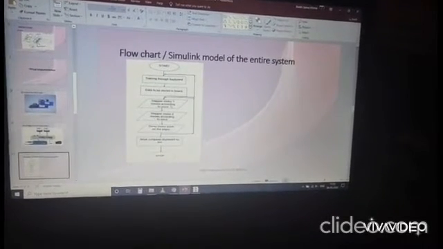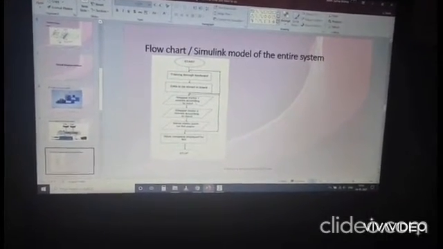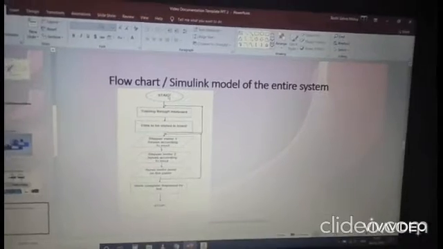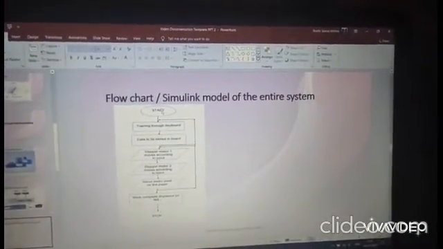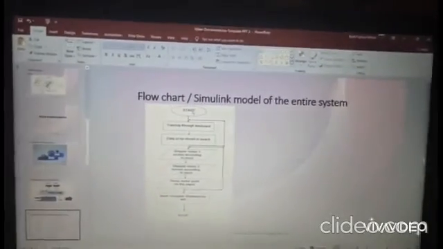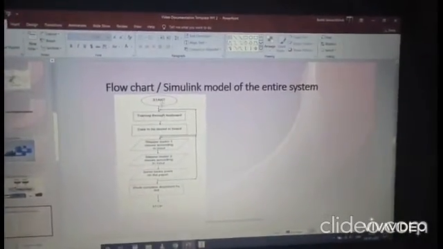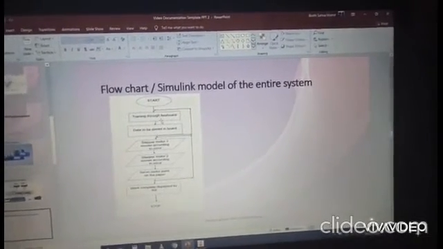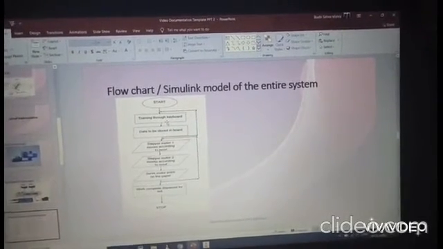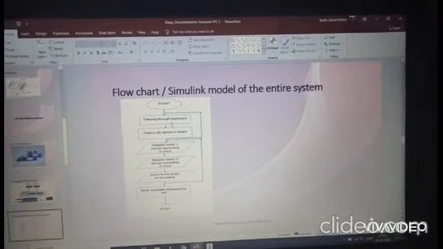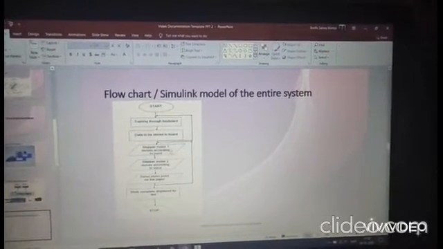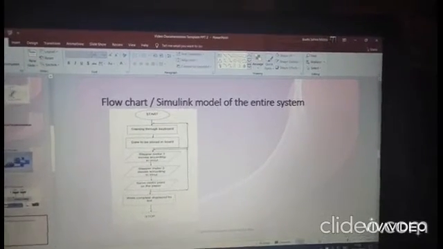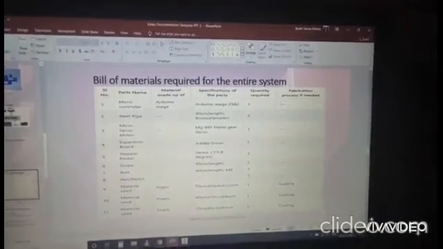Coming to the next, the flowchart. First, after giving power to the Arduino, we have to give the input to the Arduino so that the motor will run on that. We are planning to give the input either manually through the direct window or through a software called BenBox. After that, the motor will run accordingly, and after the work is completed, the LED will display that. Now coming to the next, these are the bill of materials.